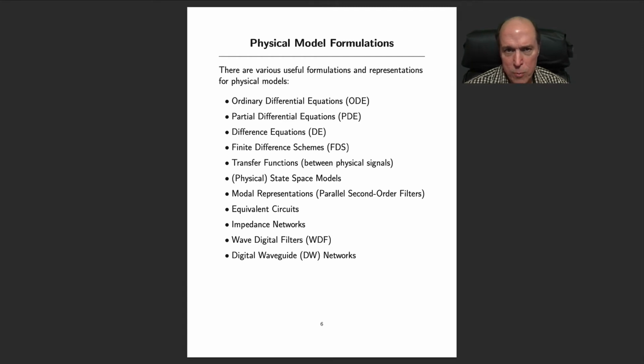There are probably more out there, but I already mentioned ordinary differential equations. You differentiate with respect to time. Partial differential equations, you have derivatives with respect to time and space, 1, 2, or 3 dimensions. Although we can go to more dimensions if you want to hear things in 10-dimensional space, why not? And then if you digitize them, you get what you could call difference equations, but the more general name is